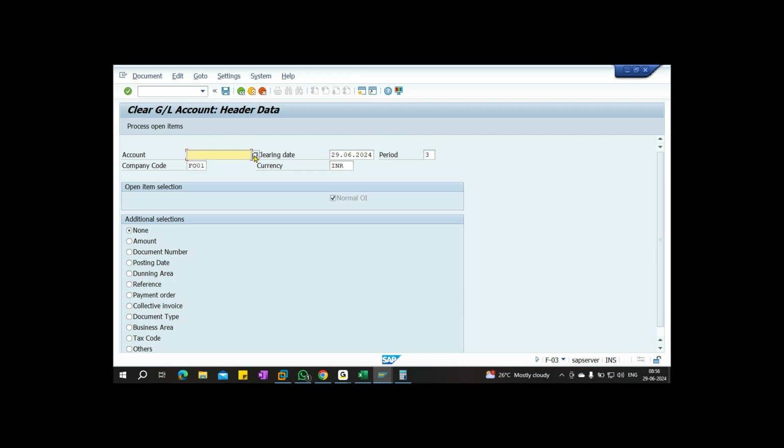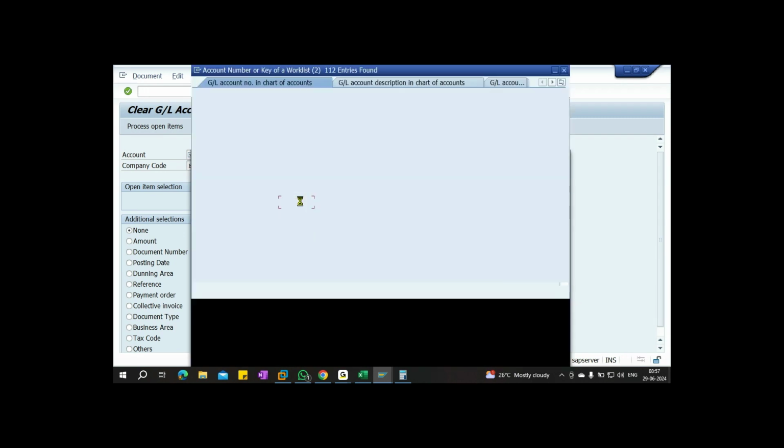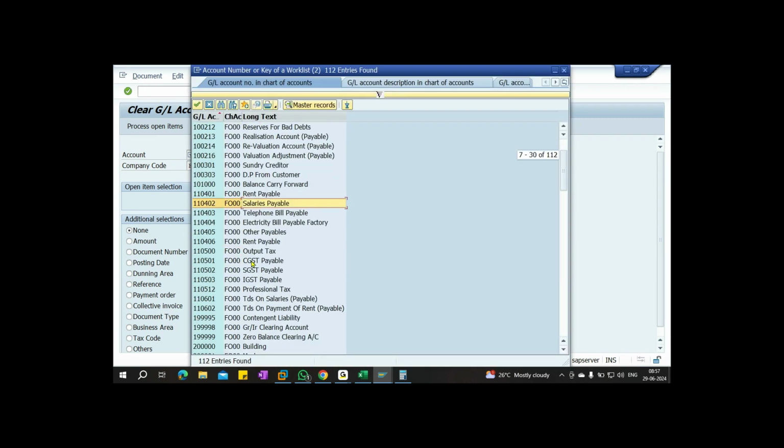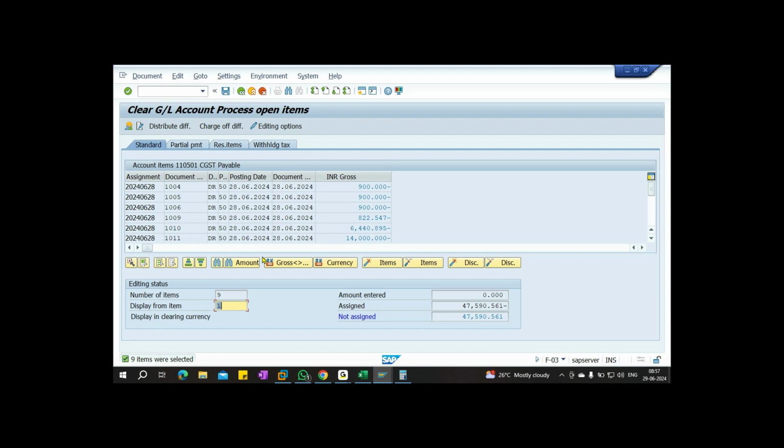Account: CGST payable. Right? Date, company code are predefined values. Process open items.